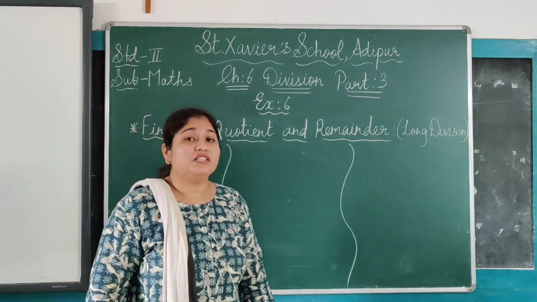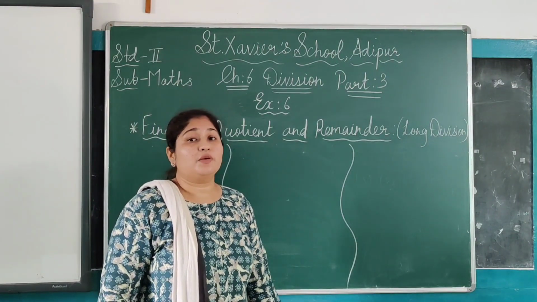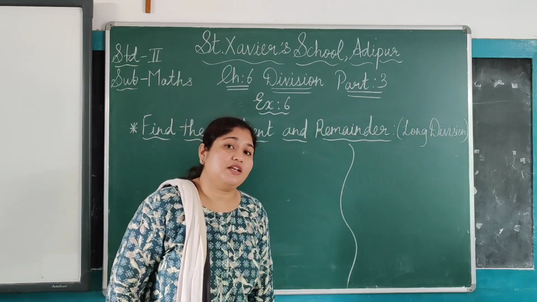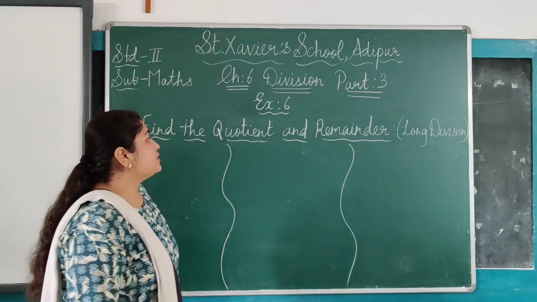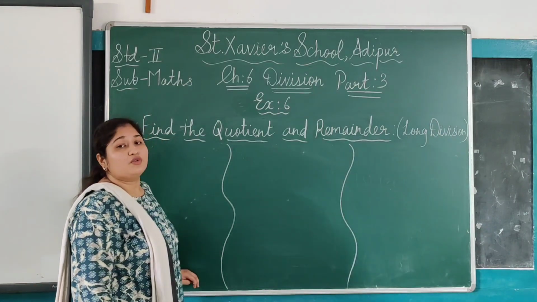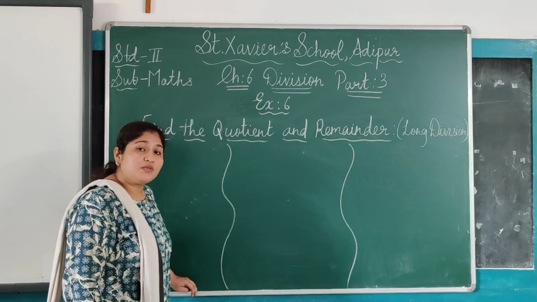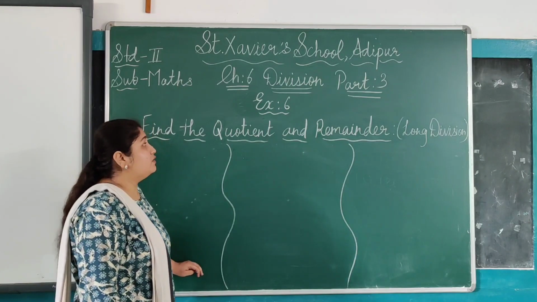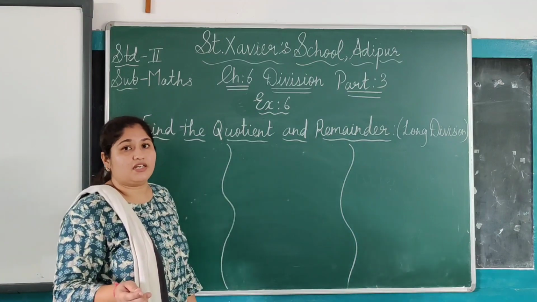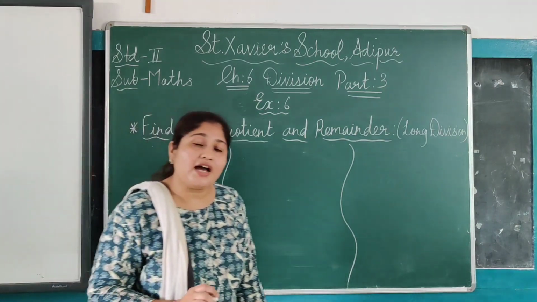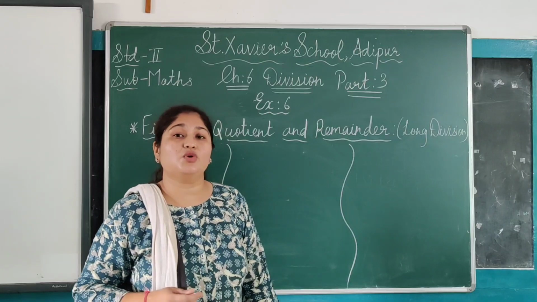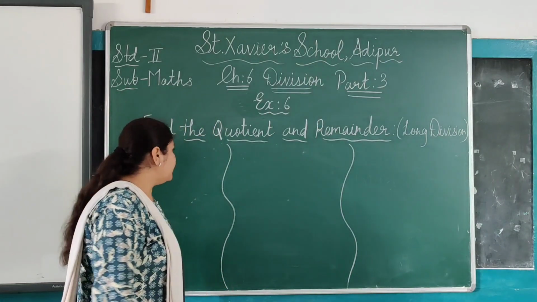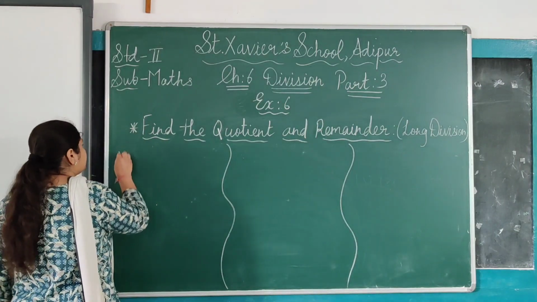Students, we have done the sums in which our remainder is 0. अब तक हमने जितने भी sums किए उसमें remainder क्या था? 0 था. So in this exercise we will do both types of sums, in which remainder will not be 0 and remainder will be 0. मतलब दोनों टाइप के sums करेंगे. That type of sums we are going to understand today. Okay, so let us start with the first sum.